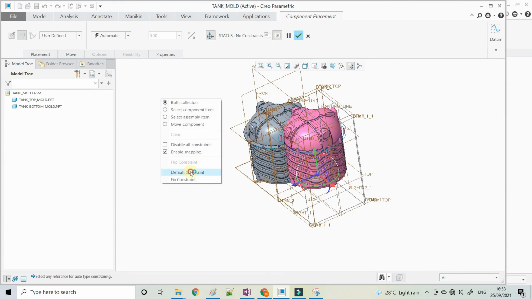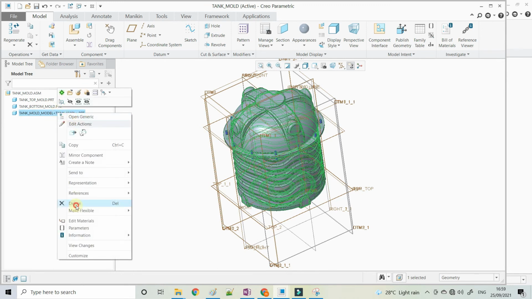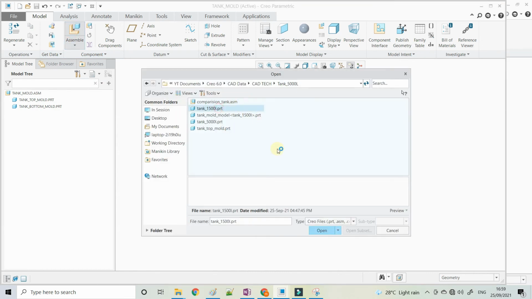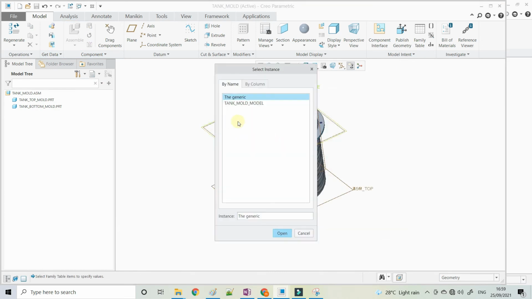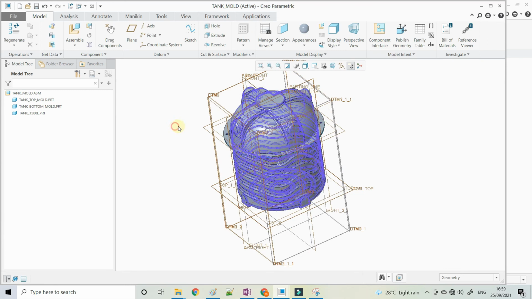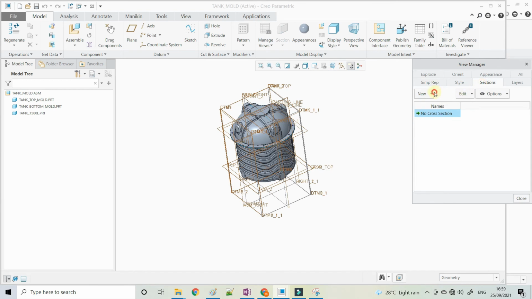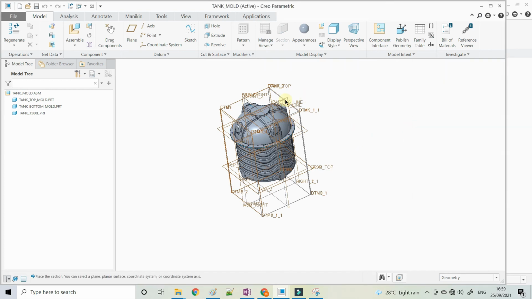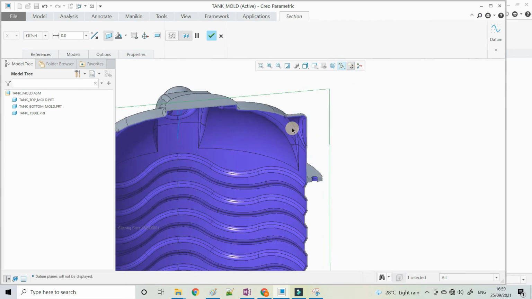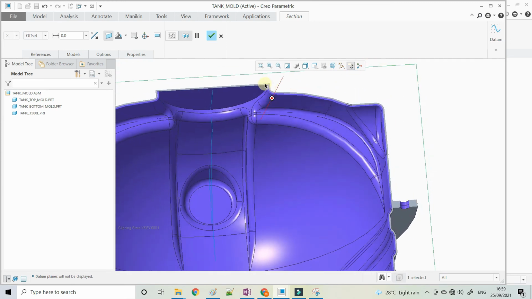So here I have also called the product, but I don't want the mold model here. I want our actual model, that is our product, tank generic. I want the actual product with the shape. So I called it like this, and if you take this section, you can see the wall thickness is created within the periphery of the mold.